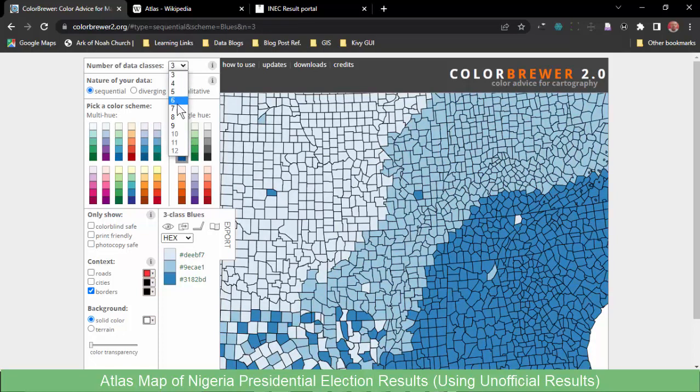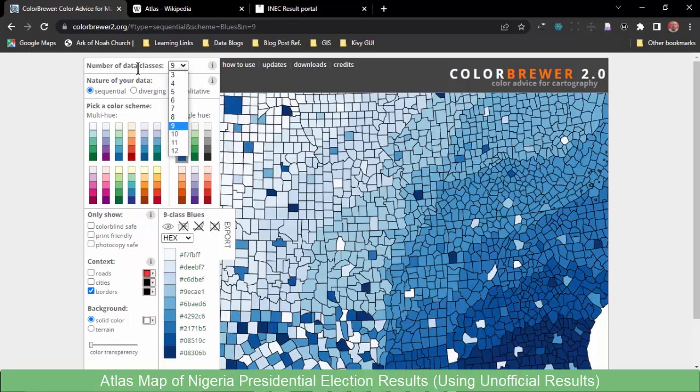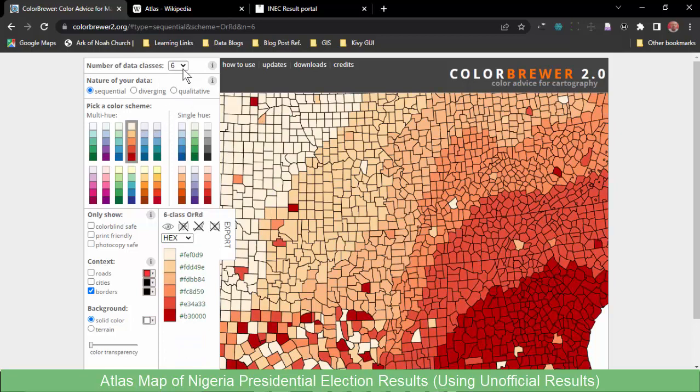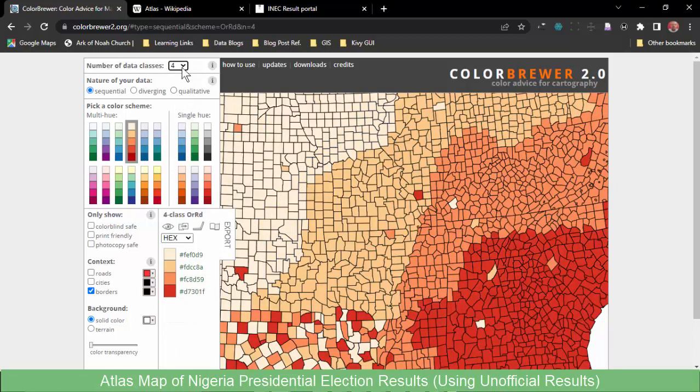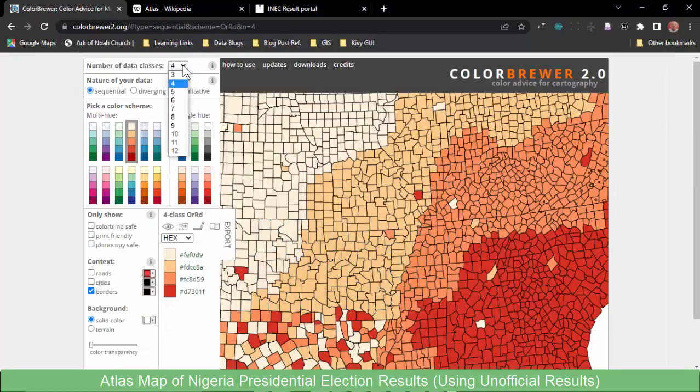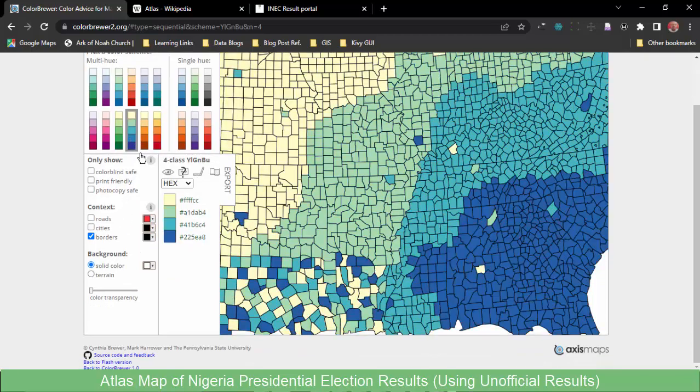You can select from all sorts of ranges. That's a number of data classes. You can select 9, 6, 4, and so on. So in our own case, the color combination we needed are 1, 2, 3, 4. So it means we need to select 4 classes here, and then we have different options to choose from. So any color combination you